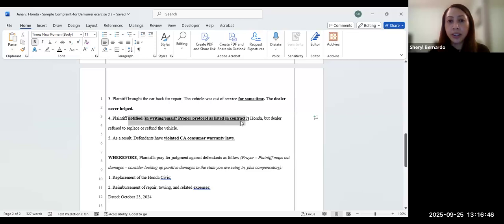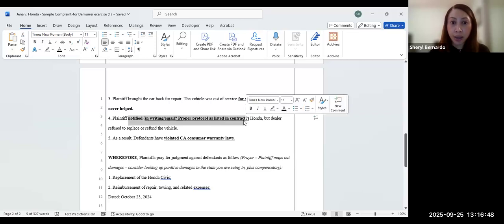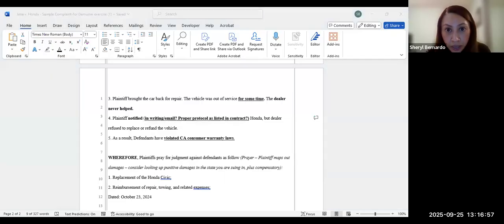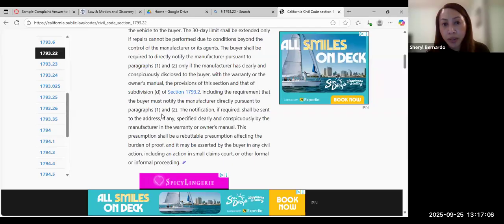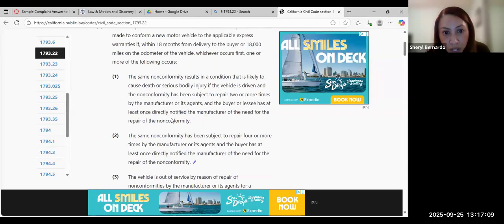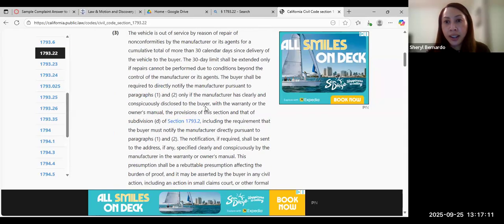Because I'm sure in the contract is a specific way to address how to tell the dealer, I need my $17,000 back or give me a replacement car. Even in the law too, if you look at the Song-Beverly law, it does say that there is a proper way to notify: the buyer must notify the manufacturer directly pursuant to paragraphs 1 and 2. So there's two sections here on how they should notify the dealer or the original location where they purchased the vehicle. If the plaintiff didn't do that, it's starting to make the defendant look less and less culpable, right? So that's basically